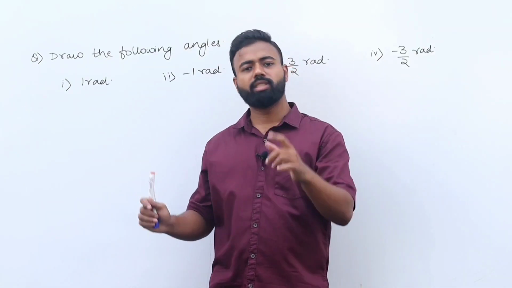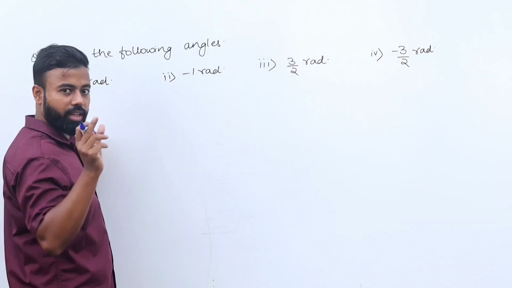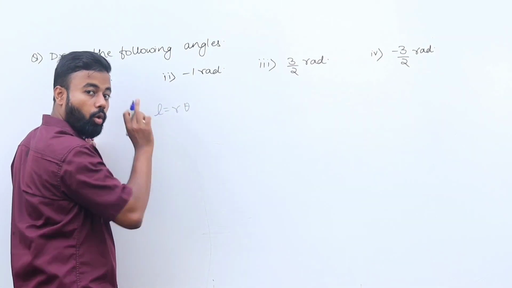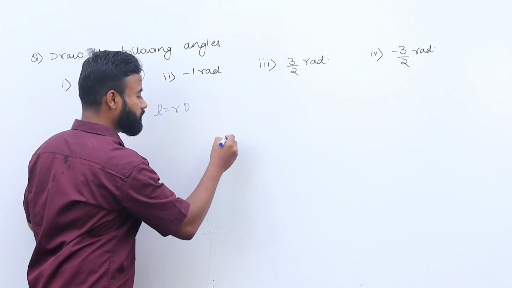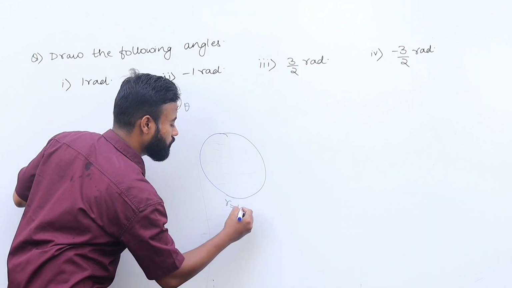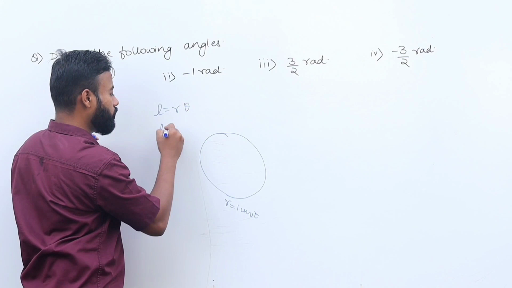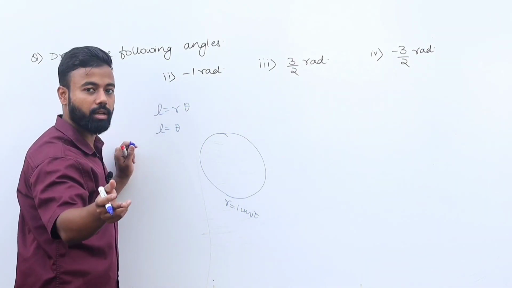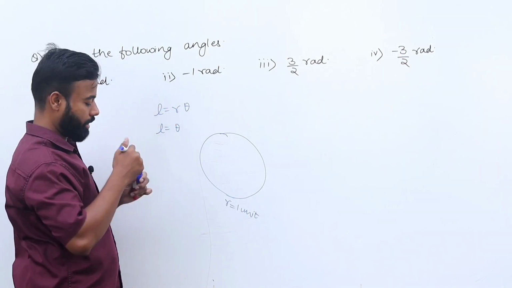So students, let's do a similar question when the angles are given in radian. We are given a relation that L is equal to r theta. This is the arc length on the circumference. This is the radius of circle. Suppose the radius of circle r is equal to 1 unit. Then what we will put? r is equal to 1, therefore L is equal to theta. Whatever the arc length you will be having on a unit radius circle, the angle that you will be subtending at the center will be equal to the arc length.